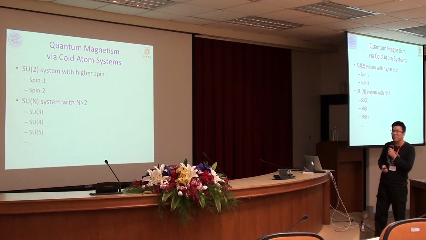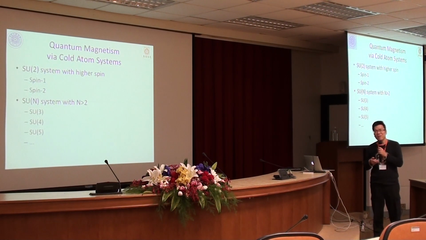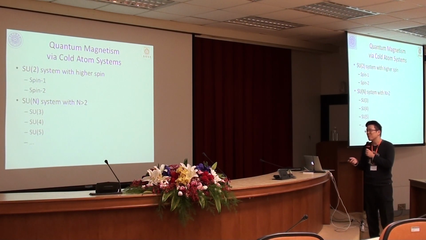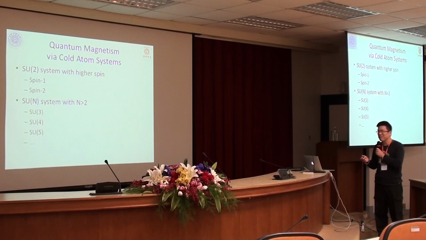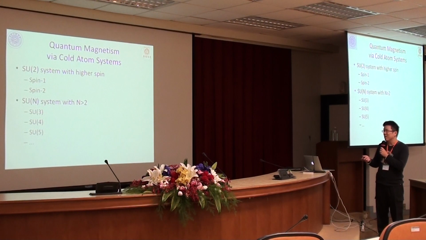Okay, so the motivation of this work is to try to study the quantum mechanism in coherent systems. So we want to see if there are more complicated mechanisms that can be simulated by a coherent system. So then we think about what are the possibilities. So there are many ways. You can go to a higher spin with an SU2 system, or you can try to implement an SU(N) Hamiltonian with coherent systems. Okay. So in this work, I'm going to concentrate on SU2 and a spin 2 system.